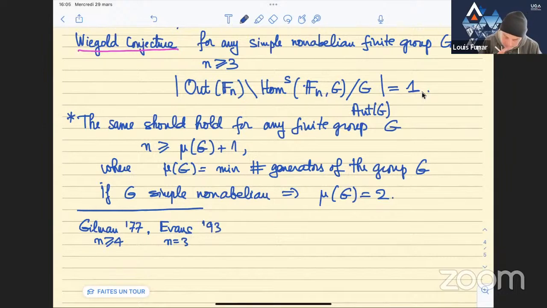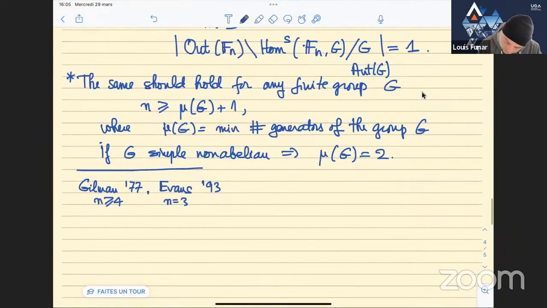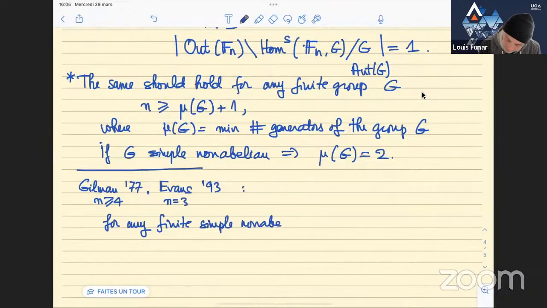He's saying that for any finite non-abelian simple G,